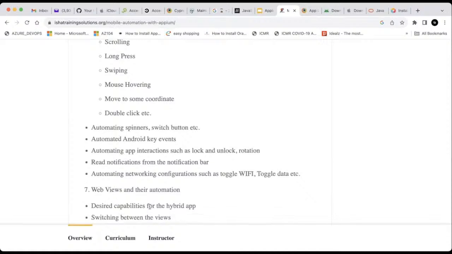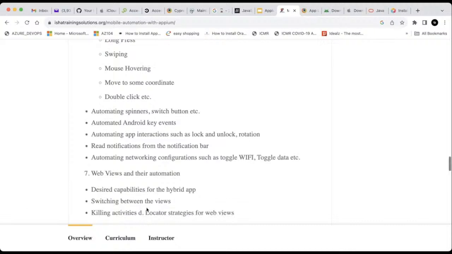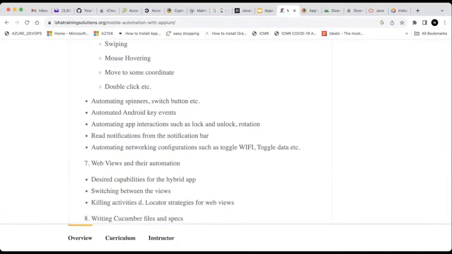And most probably we'll also see an example of your hybrid application as well, how to integrate your native application towards your hybrid approach. But let's see how the application is, and then we'll check that particular thing. And about the desired capabilities as well. So if you're very good at Selenium, so you might have been